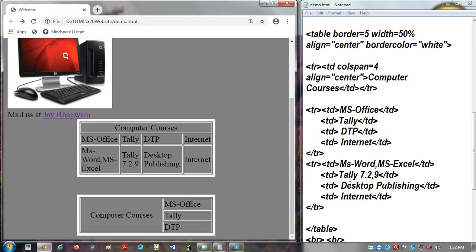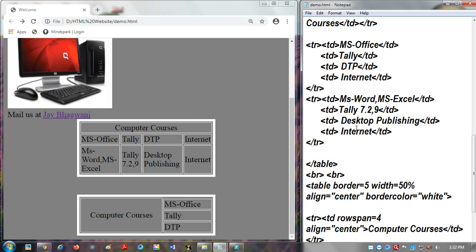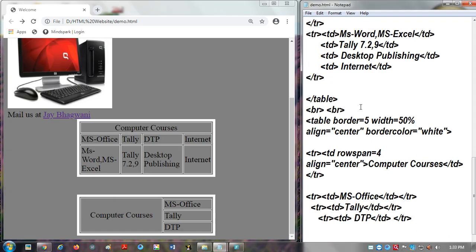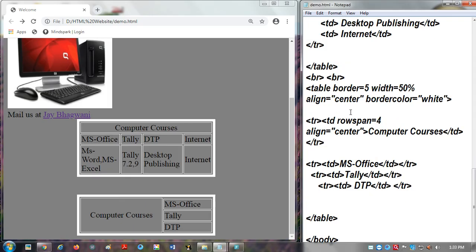So in this way we can add any number of rows in it, but the first row will be colspan 4, so that's why it is taking the 4 cells together. This type of thing we can create using the colspan attribute. The next one is called rowspan. Whenever we join downward, this is across and this is downward, so it is used by rowspan. The next table example is for rowspan only.